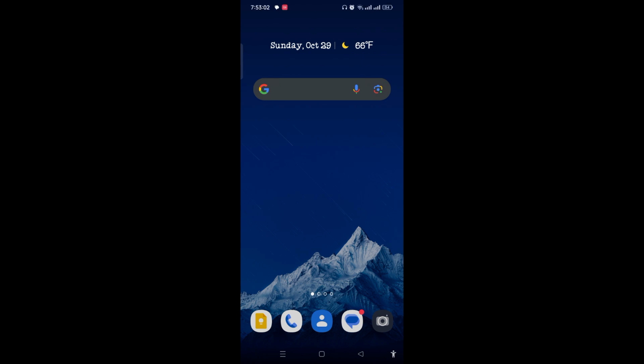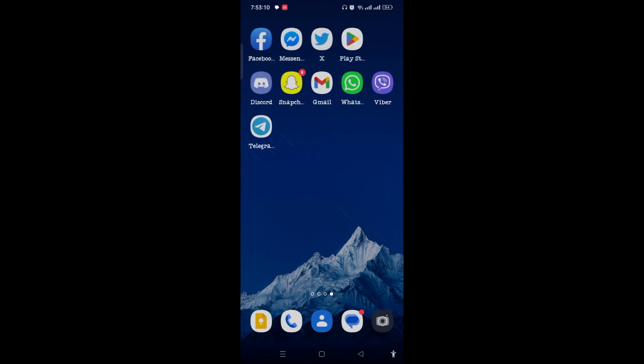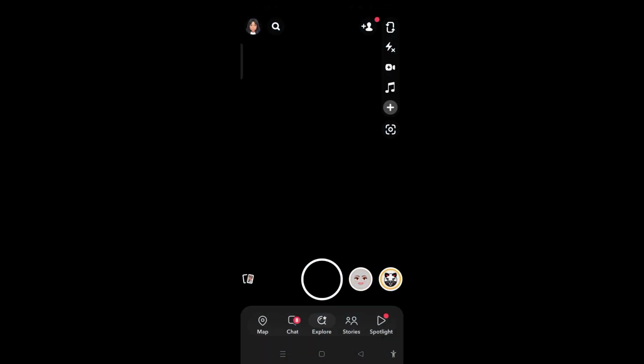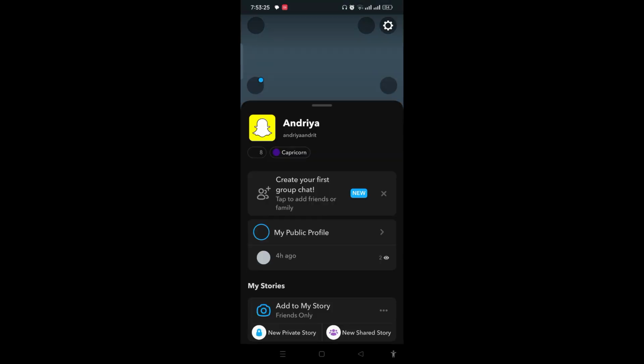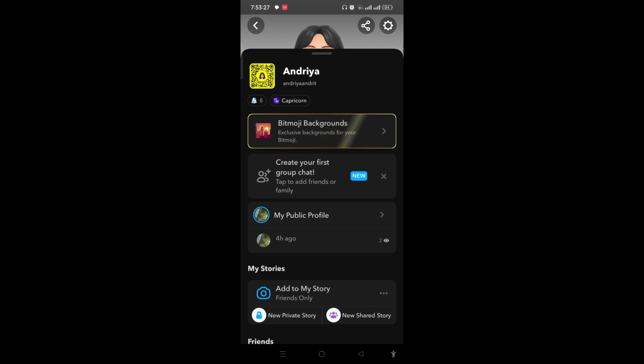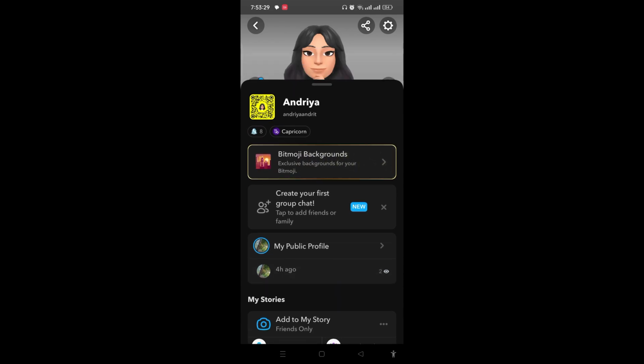And in today's tutorial, I will be guiding you on how you can see who has viewed your Snapchat story. For that, you need to open the Snapchat app and then make sure you have added a Snapchat story, and on the top right corner you can see your profile icon. Just tap on it and then you'll be guided to this page where you can see over here below the